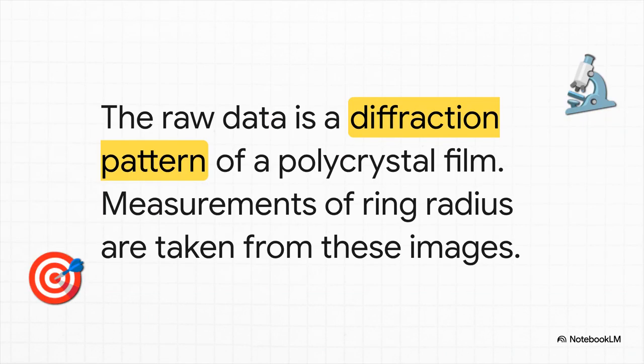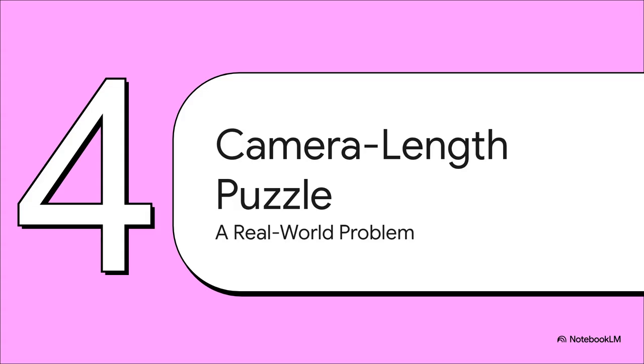This is the kind of pattern that pops up. Those faint circles, those are the diffraction rings from the electrons. And by measuring the tiny, tiny changes in how big those rings are when they crank up the electron's energy, they can actually trace out that electron elbow we were just talking about.